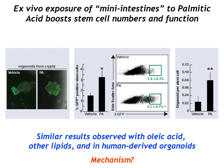And lastly, not only does palmitic acid lead to an increase in the frequency of LGR5 positive stem cells, it also confers on them the ability to grow and initiate organoids independent of their niche cell. And that's shown on the right, where we're looking at organoids per stem cell from vehicle-treated organoids and palmitic acid-treated organoids. And one can see that stem cells from palmitic acid-treated organoids are 3- to 4-fold more likely to initiate